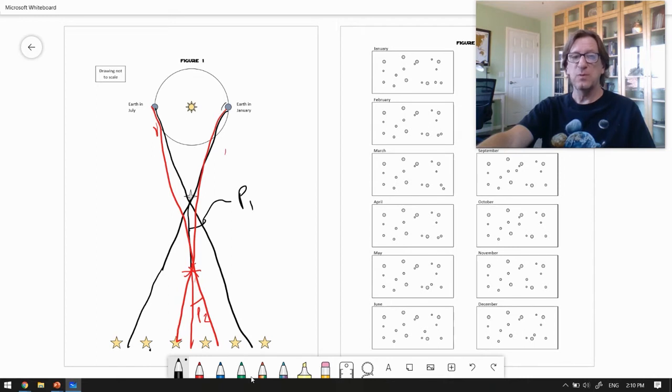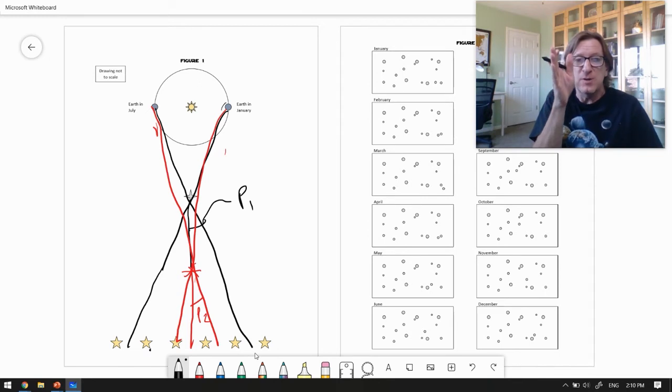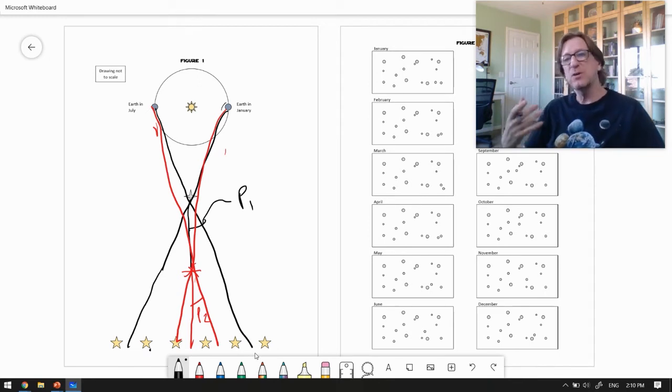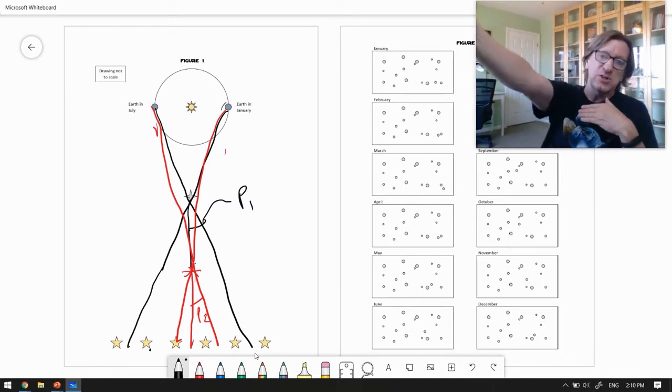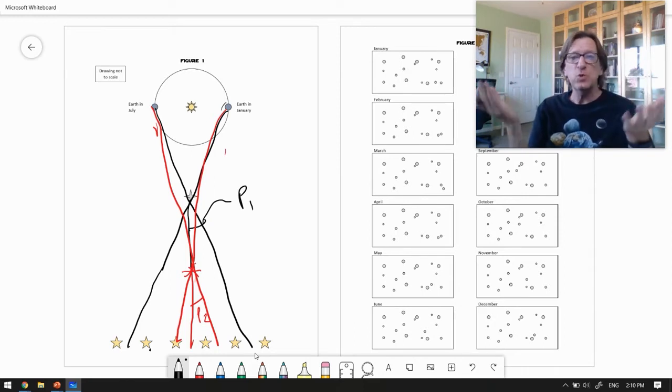When the object is farther away, and this is the important part, it has a smaller shift. That's why there doesn't seem to be a shift for these background stars. They're so far away, they actually are shifting, but the shift is too small for us to measure. With our current equipment and technique, from the ground, we can measure out about 100 parsecs. We'll talk about that in a second. From space, we can do maybe 200 parsecs away. Beyond that, the shift is just too small for us to see.